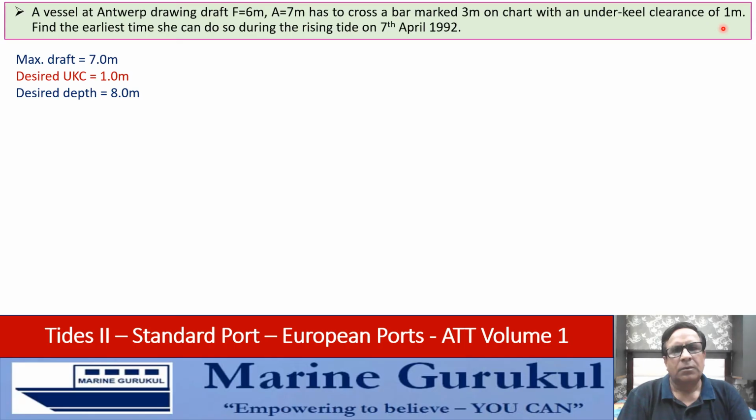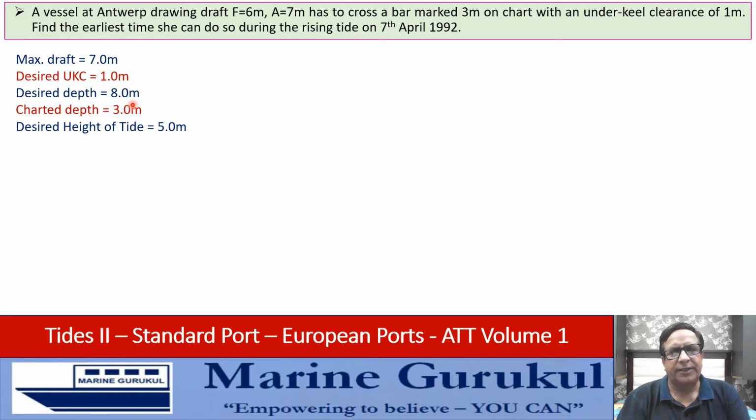Now, what is the charted depth out on the bar? The charted depth is 3 meters. So if you wish to have a depth of 8 meters at a point where the charted depth is 3 meters, this differential of 5 meters has to be the height of tide, as we discussed in the previous case also. So basically now the question translates into as to what will be the time at Antwerp when the height of tide shall be 5 meters